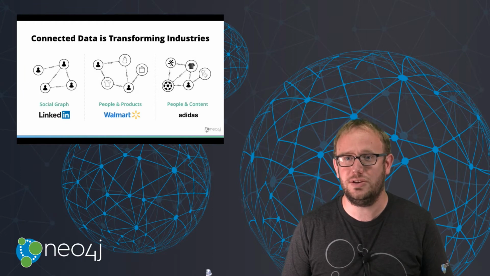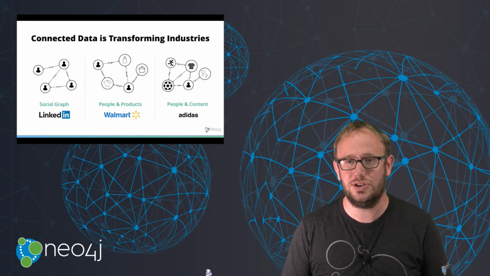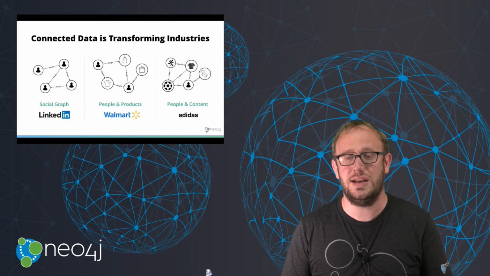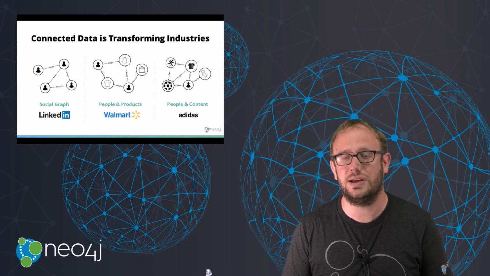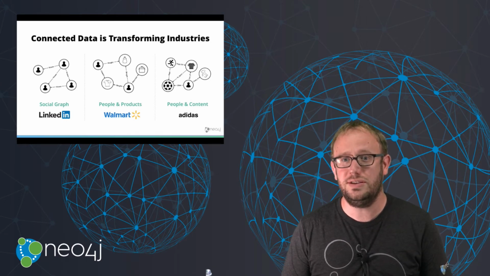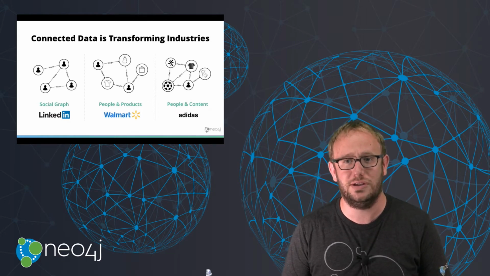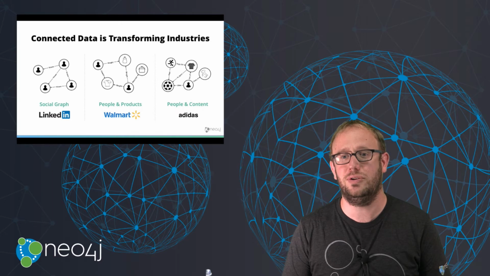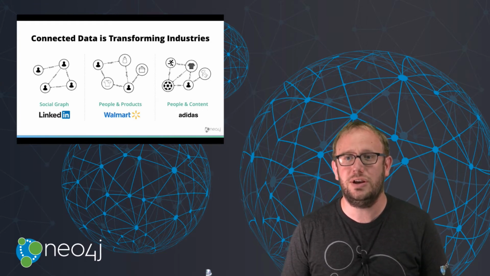Connected data is transforming industries. Here are examples of some of our customers. Graph data and connected data transformed some of the major internet players to start with, things like Google with their PageRank algorithm and things like Facebook. But as we get on to some more recent developments, we have folks like LinkedIn. The LinkedIn China group built their social graph on Neo4j. Walmart builds their people and product recommendation engines around Neo4j. And Adidas uses Neo4j to build an understanding of all of their brand assets and the relationships between them,